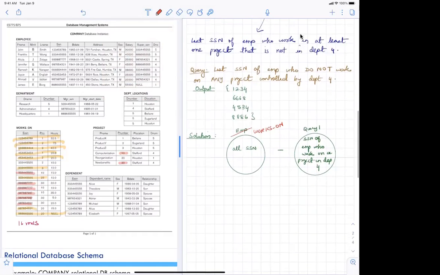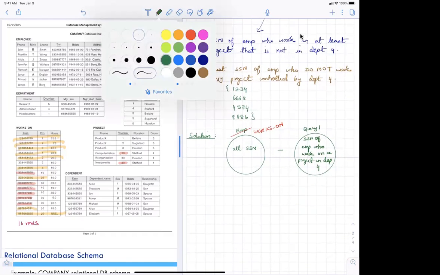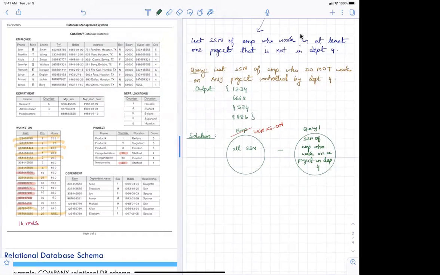You would do, where SSN not in, and then out here you write down query 1, which is